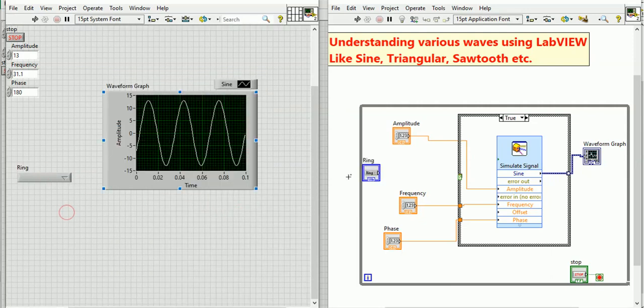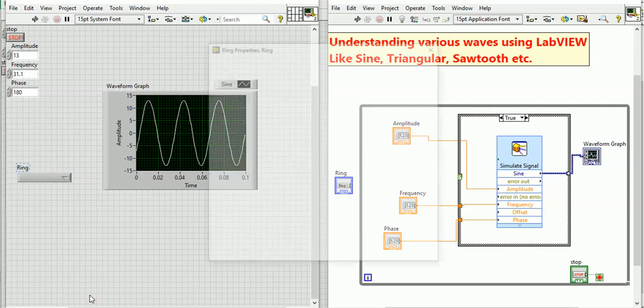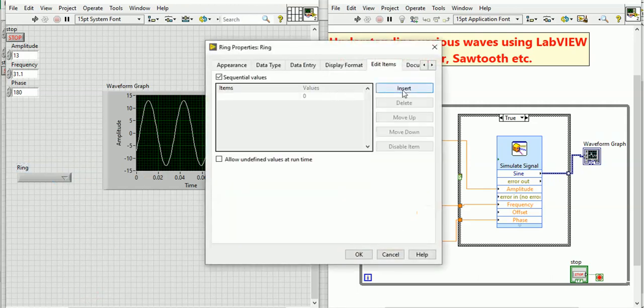In the menu ring I have to add items, so I am going to Edit Items, and there I am inserting first the sawtooth, insert, then triangular, next is the sine.